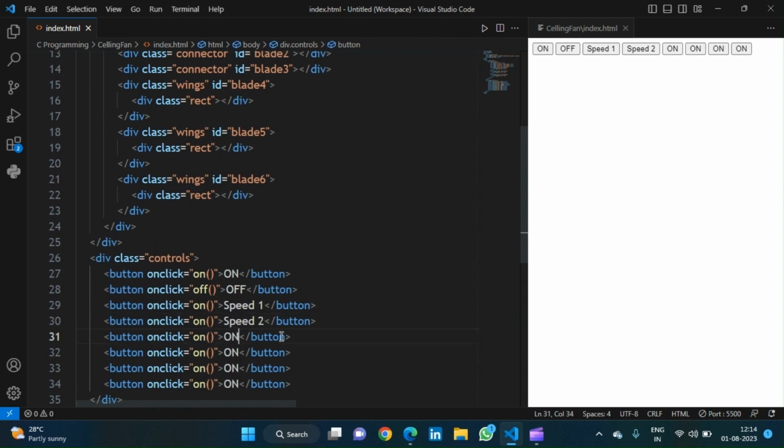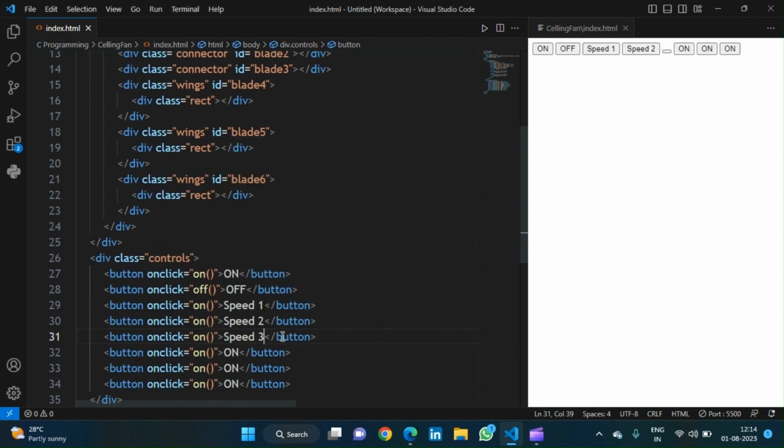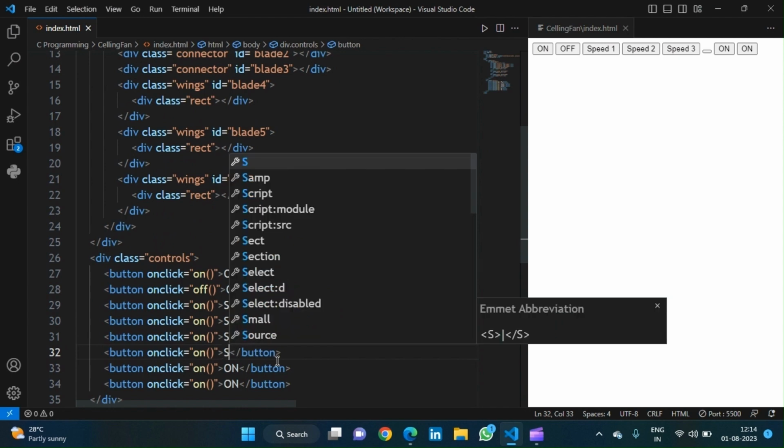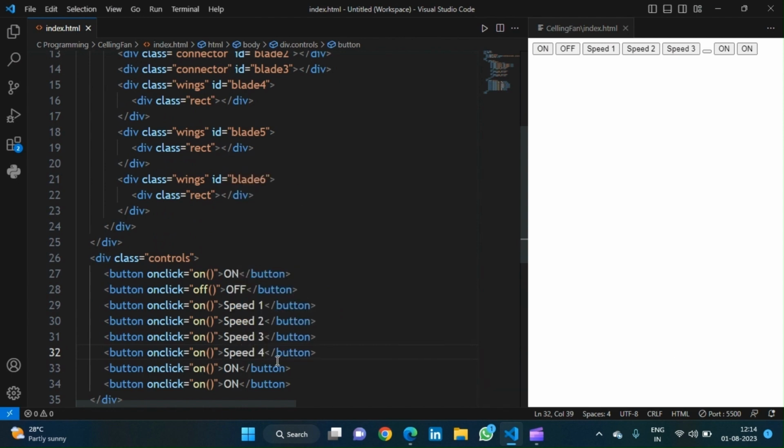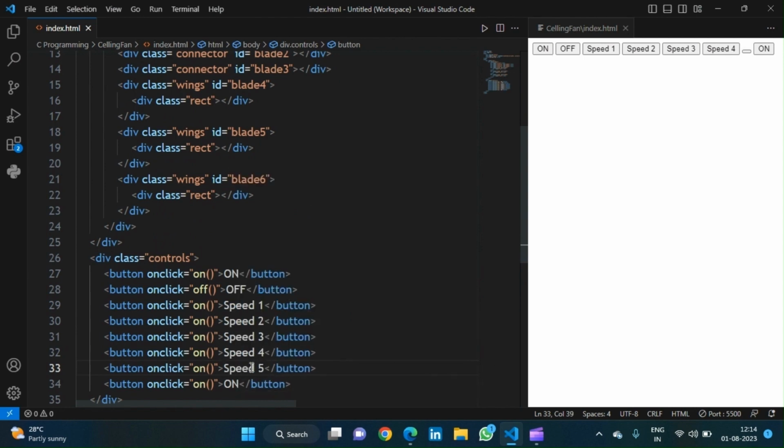Now here writing speed 3, speed 4, speed 5, and last speed 6. Now just change the name of this. So just on the multi-cursor,